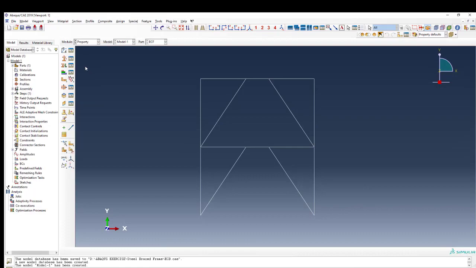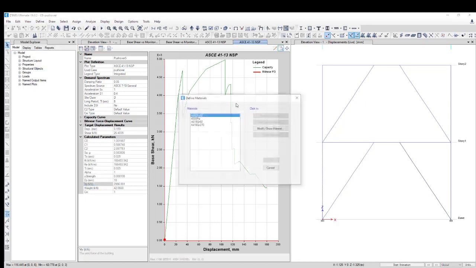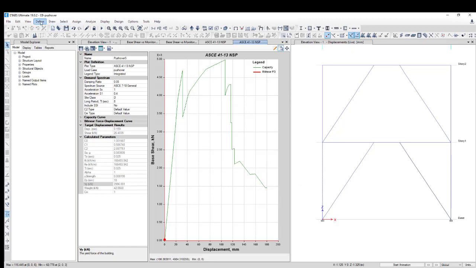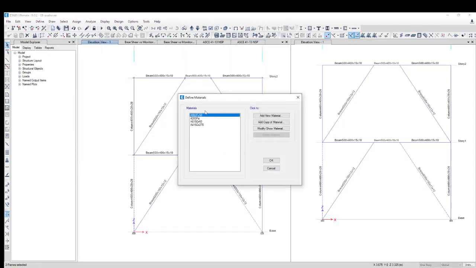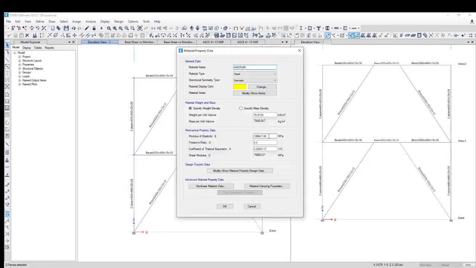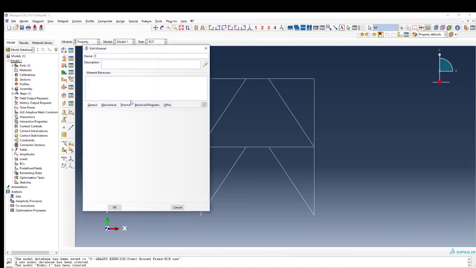Next we're going to define properties. We can check our materials. We used FY50. I can unlock the model to copy these properties. Modify, and this property is the elastic modulus. This is in megapascal, and we're using the same megapascal. Create, called